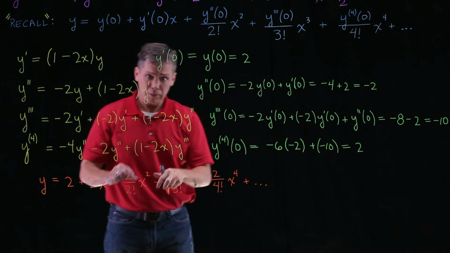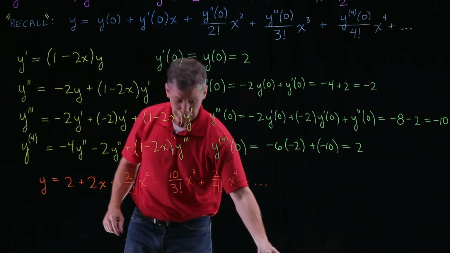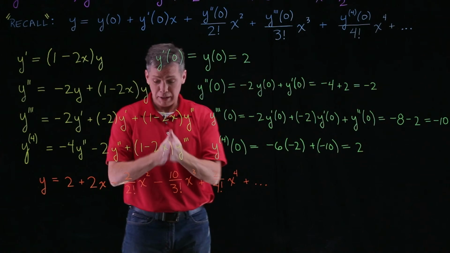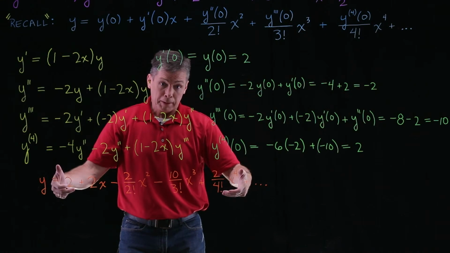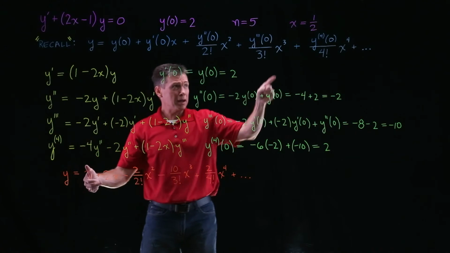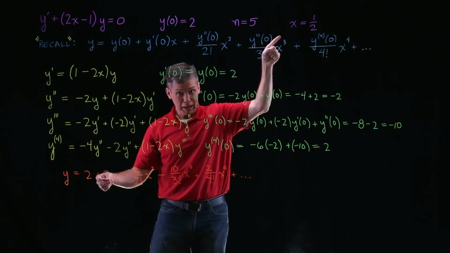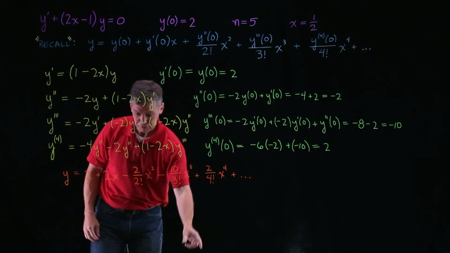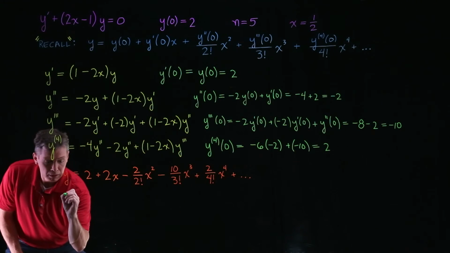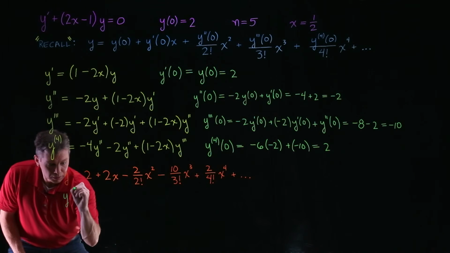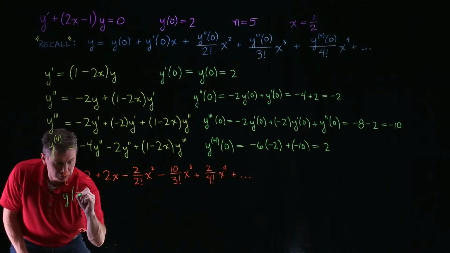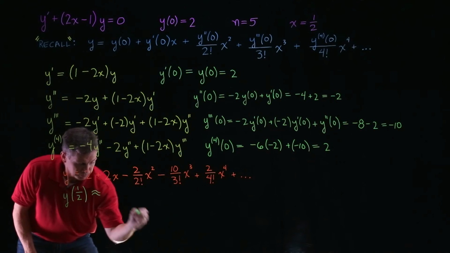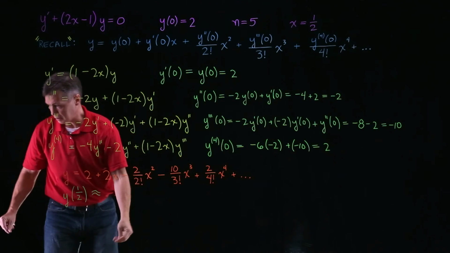In terms of our Taylor series, of course, going on forever, right? But they asked us in the directions to use the first 5 terms, so I've got them. And then we're supposed to approximate the y value at this x value of 1/2. Grab your calculator if you don't have it handy, but I'm going to take that 1/2 and plug it in here, wherever I see an x. So I'm looking for y of 1/2, and it's going to be an approximation. If I grab my calculator,